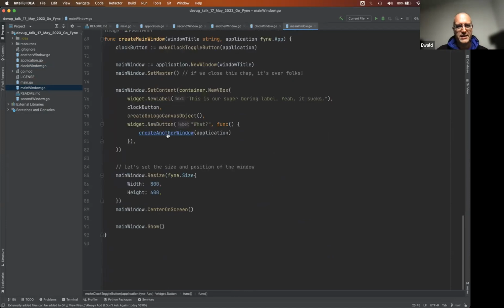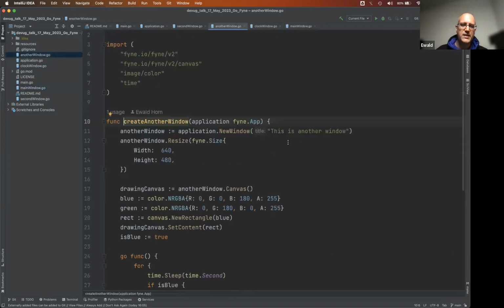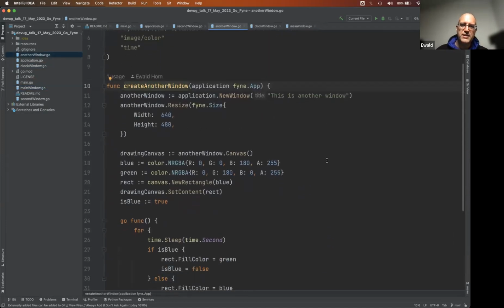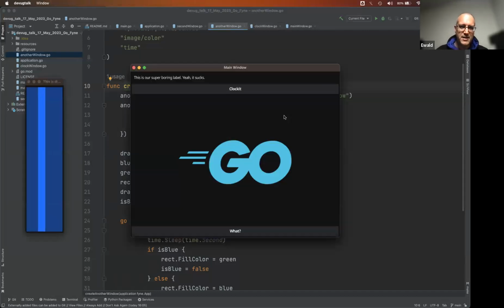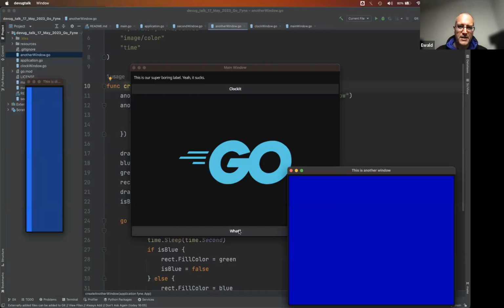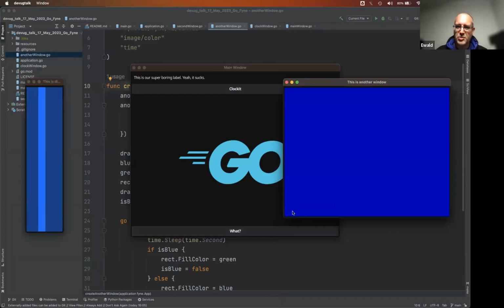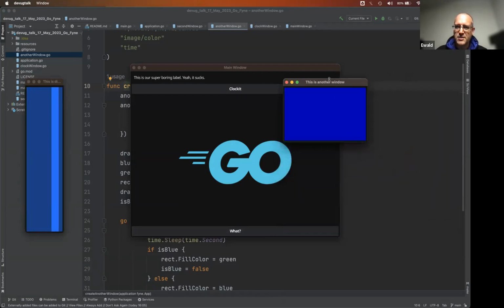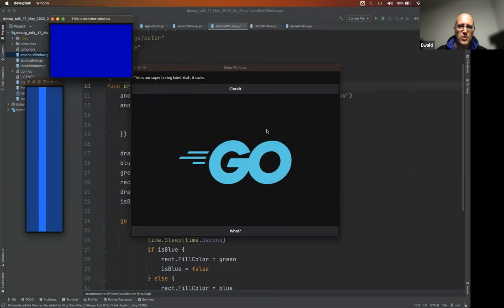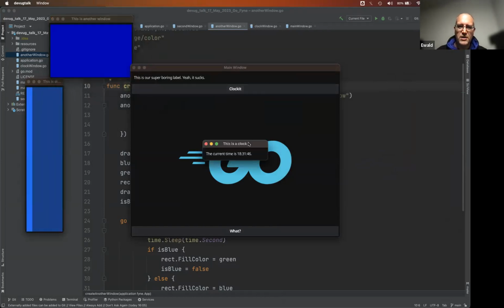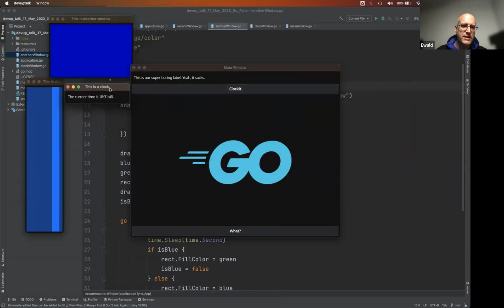The very last thing that I want to look at is in the main function, we've got something called create another window. And what create another window does is, believe it or not, it creates another window. So let's go take a look at that. If we click on here, we've got a window that's pulsing between different colors. If you just make this a little bit smaller, I'm just going to move it into that corner, and I'm also going to bring up the clock. And if I put everything here together,